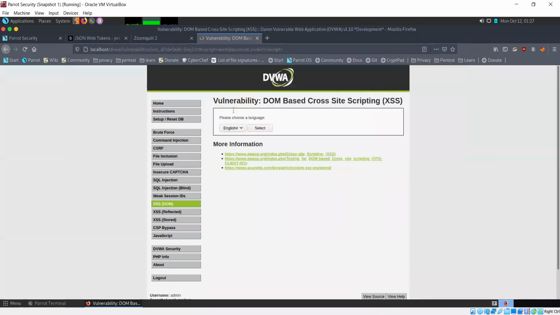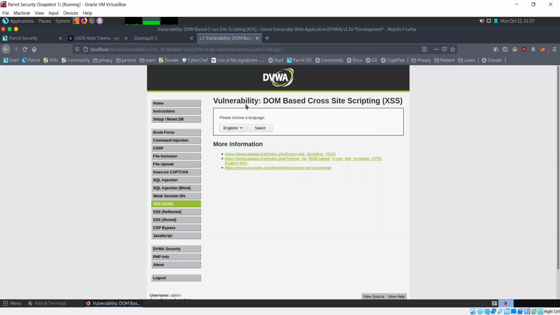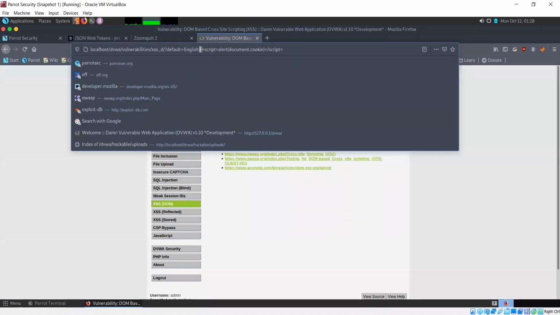So that's why our script tag was not removed by the server, but it was processed by the browser. It was processed by the DOM. That's why we were able to execute our script. So if there's any server side filtering, we were able to bypass that due to using this.